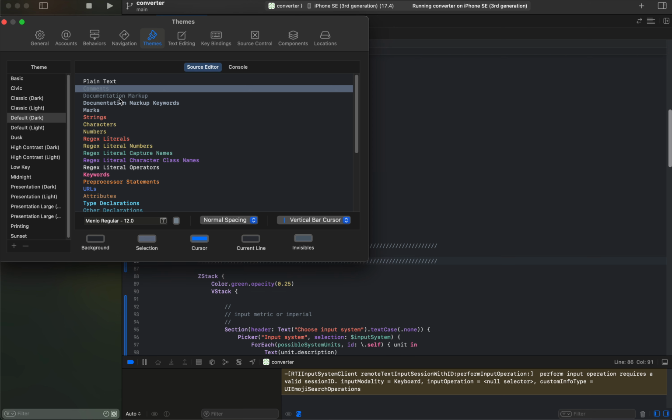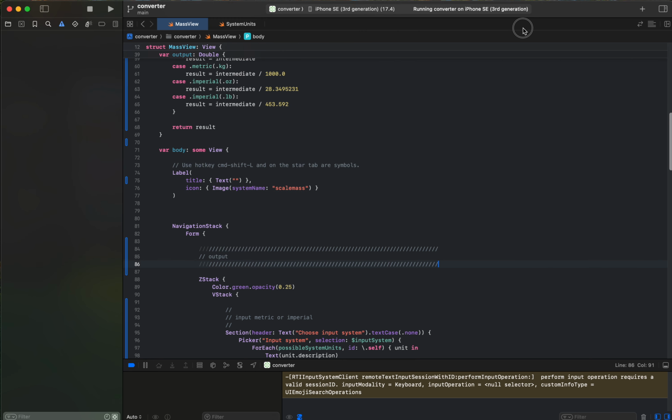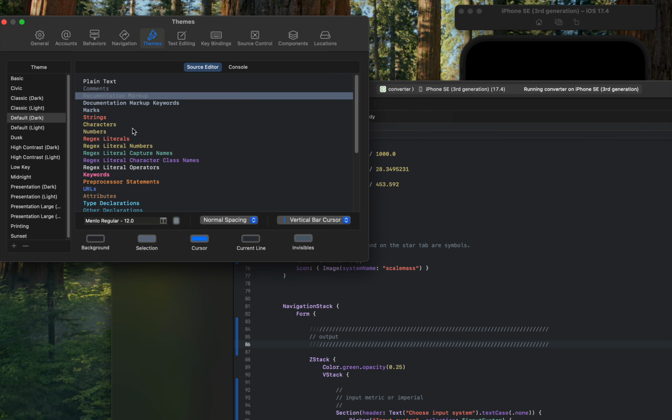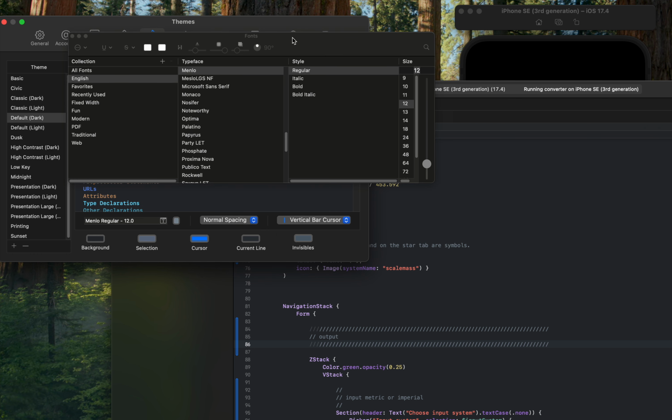Can't make it any smaller. It's really documentation markup. And see, it says Menlo. I really wish I could move this down a little bit. Here we go. If you change this here, click here, there we go, and you drag this over, and I